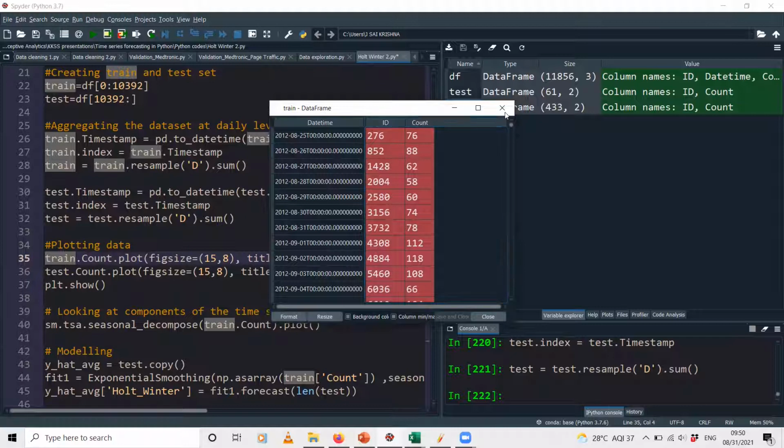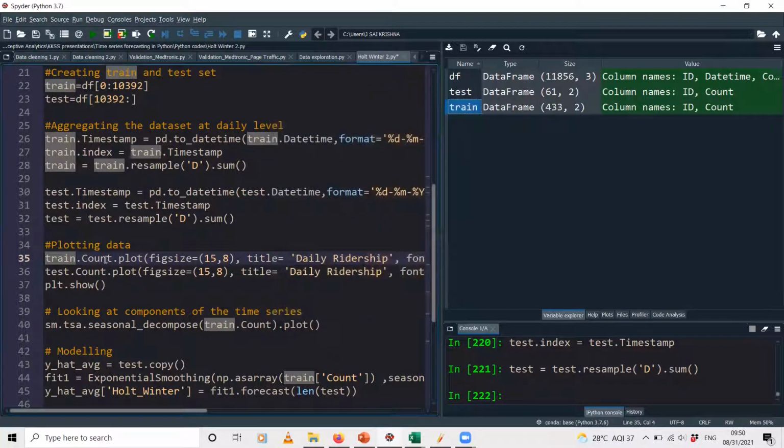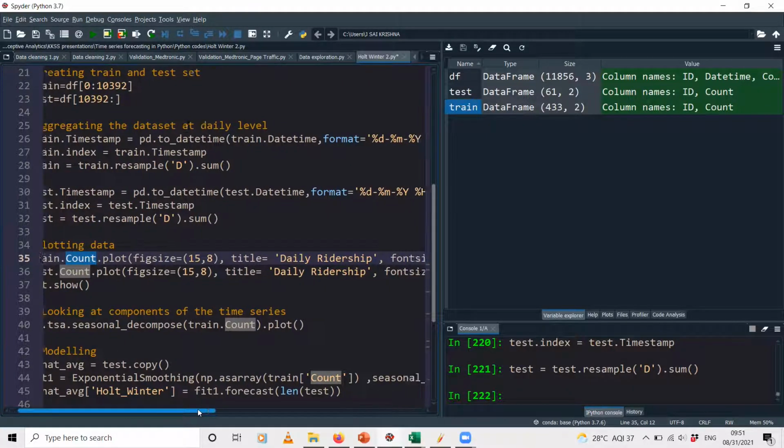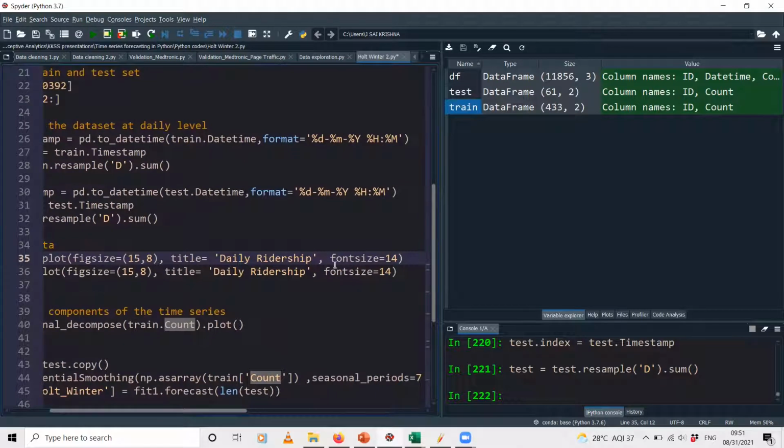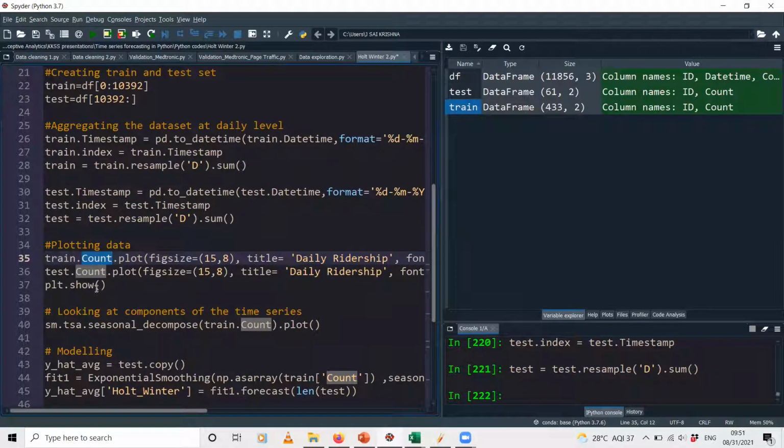So this is the column name that I'm specifying, and I'm applying the plot function. These are certain parameters. I'm just plotting a figure of 15 pixels by 8 pixels. I'm giving a title saying daily ridership with a font size of 14, and so on. So I'll just run these three lines together.